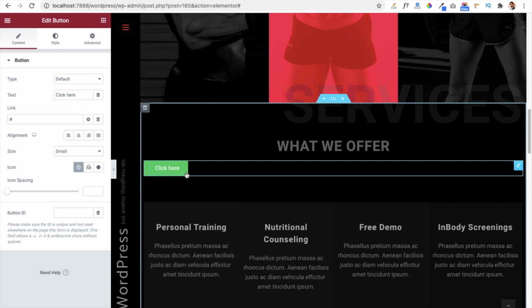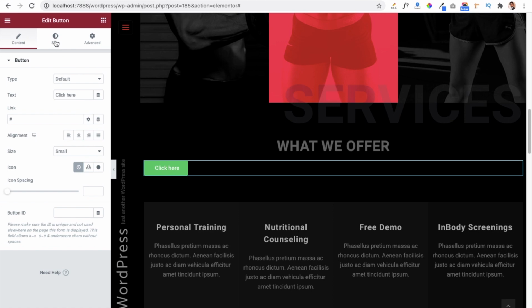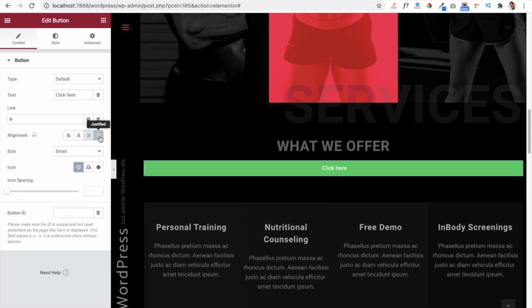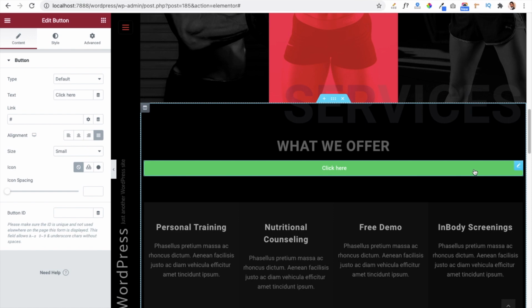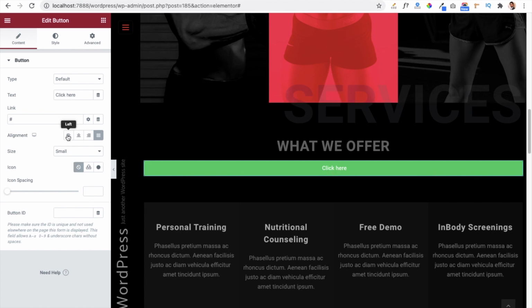Now you have to click on this button and it will show you some settings related to it. You can align it in the left or in the center or in the right, or you can also align it as justified, then it will cover the whole content area and the text will show in the middle. So similarly you can manage the link of the button. Here you have to just put your link where you want to redirect your user, and some more options are available.